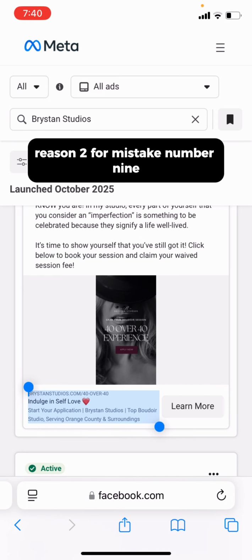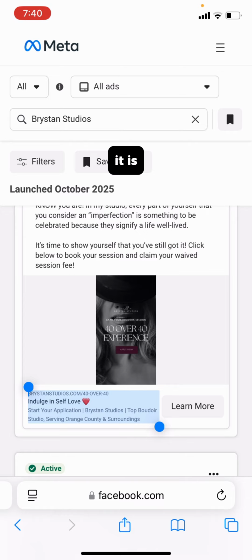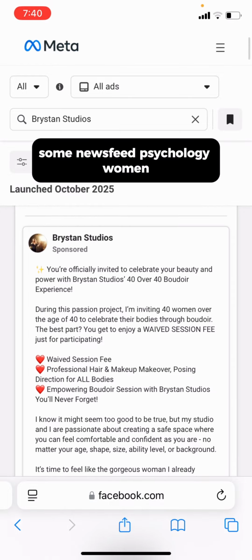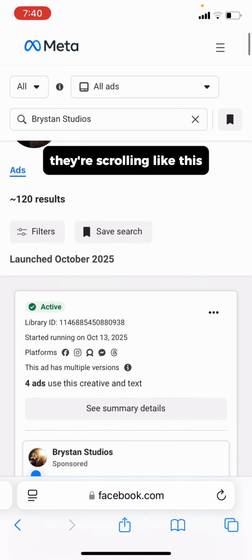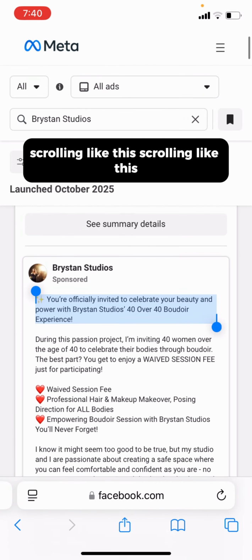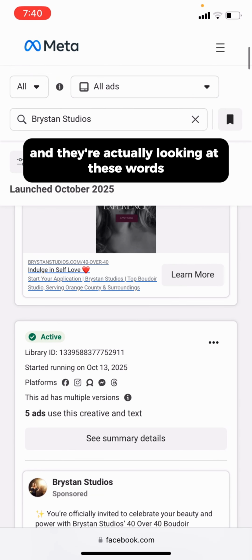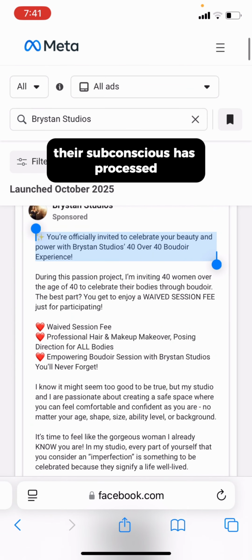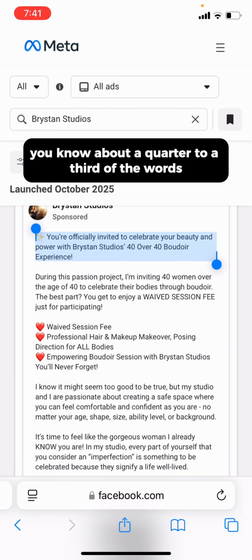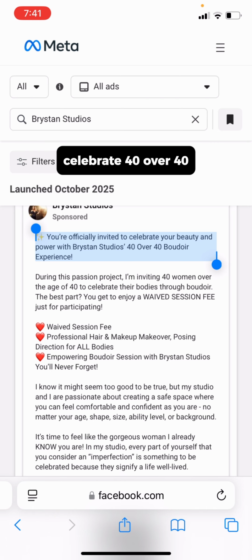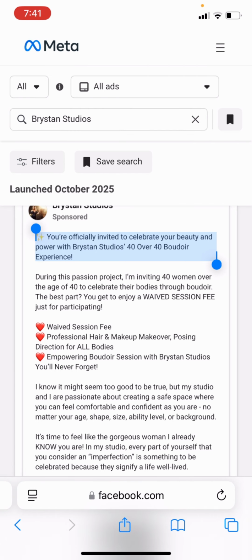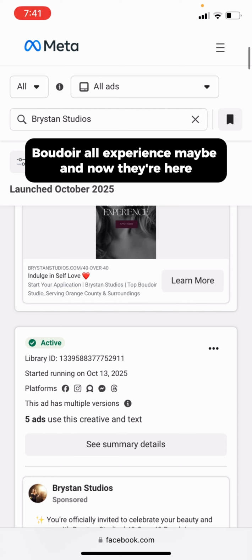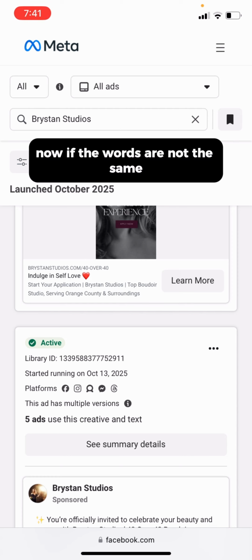Reason 2 for mistake number 9 is some newsfeed psychology. Women are scrolling, they're scrolling like this, scrolling like this. By the time they get here and they're actually looking at these words in the bottom left, their subconscious has processed about a quarter to a third of the words or word phrases up here: celebrate, 40 over 40, boudoir experience, maybe. And now they're here. Now, if the words are not the same, if what's said at the top and at the bottom is not congruent,